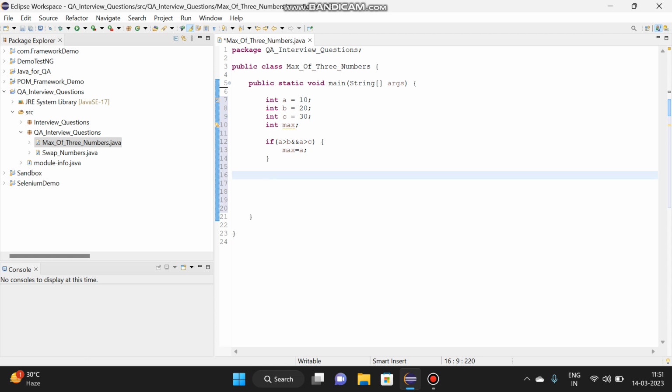Similarly, we will put one more condition, else if, and here we will say b is greater than a and b is greater than c. In that case, maximum will be b,